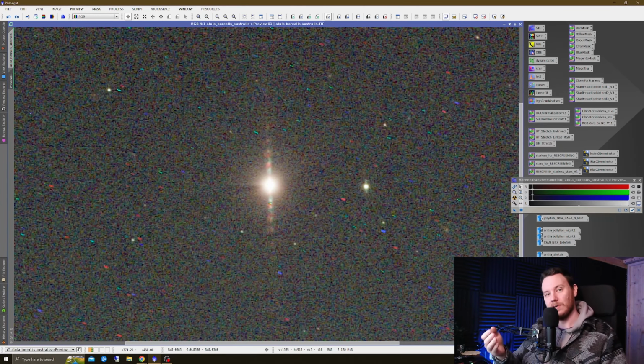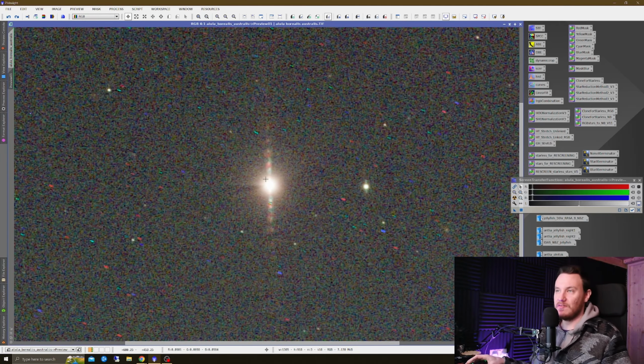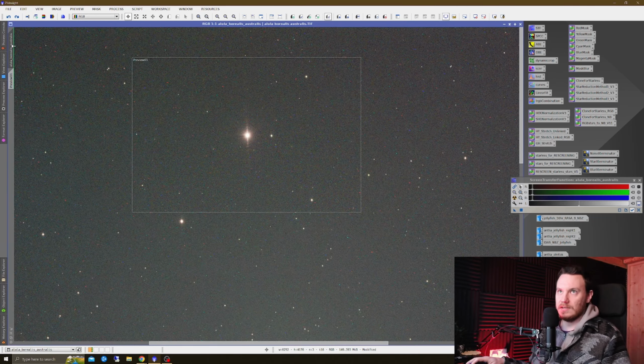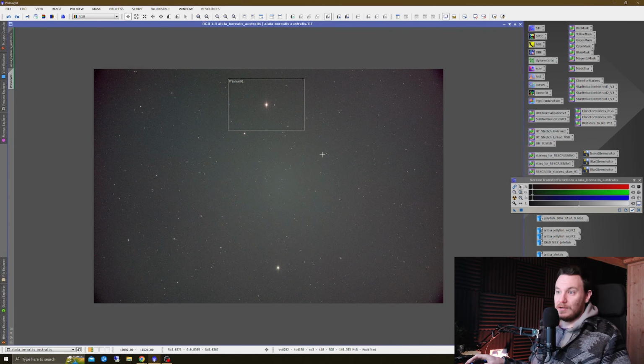So it's only going to get worse with time. It's a bit of a fainter star. It's taking longer for it to show up, but it is causing halos all the same. So look, I mean,